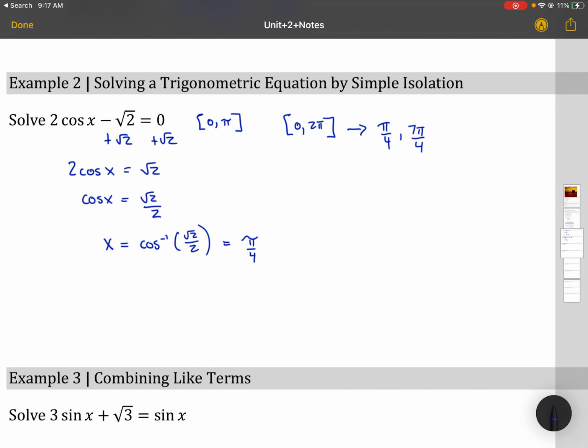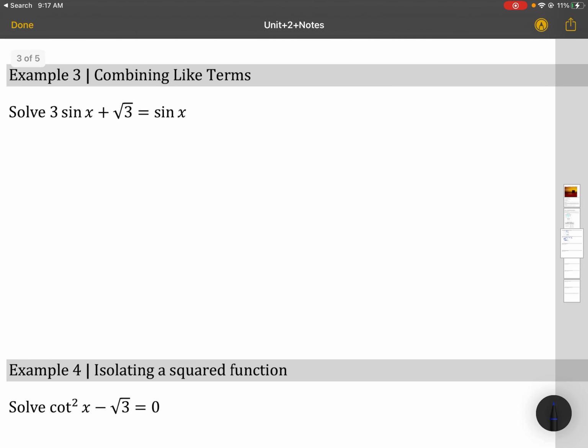But unless you're told a specific interval, always assume the interval for which the inverse trig function is defined. So that's going to give us just pi over 4. Second example, we have